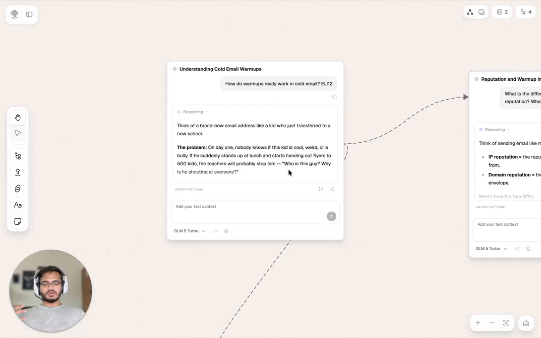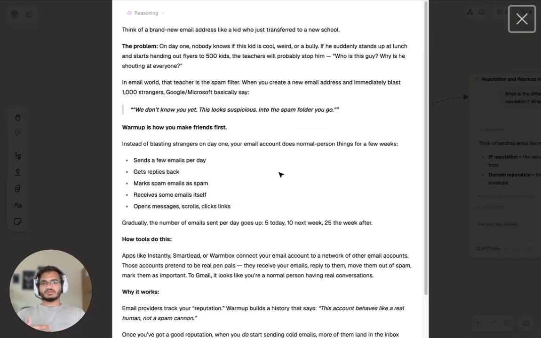And in order to explain that, I have to go deep into what we really do when we say we are trying to warm up an account, right? So to start with, we need to ask, what do warm-ups really do? And that question also ties in with what emails really work as. So here's a question I asked Kimi K 2.7: what do warm-ups really do? And I got a really good analogy.